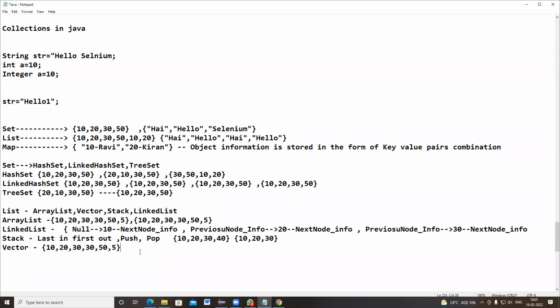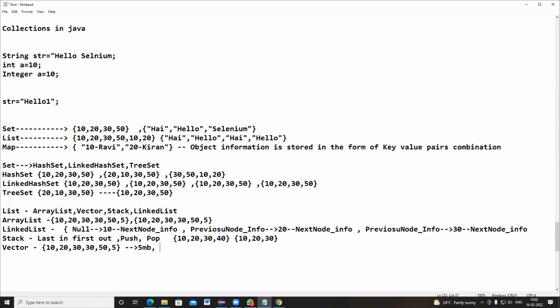By default, whenever a vector is created, let us assume it has been created with 5 MB, and once 5 MB of elements has been inserted,